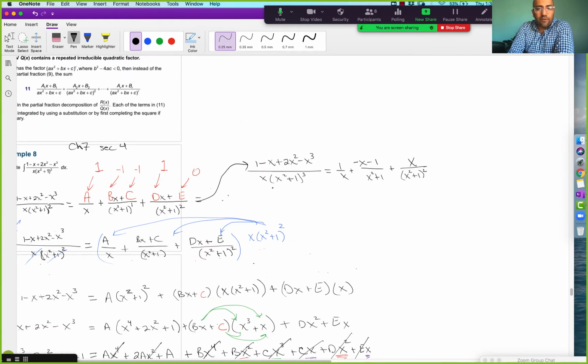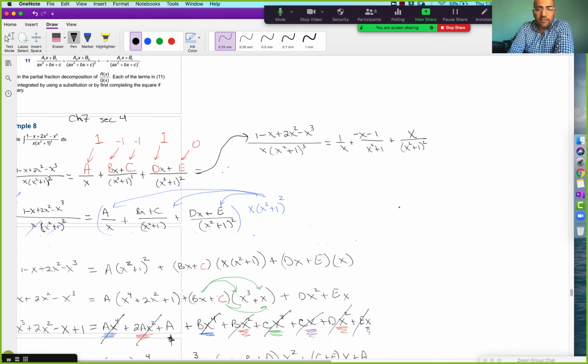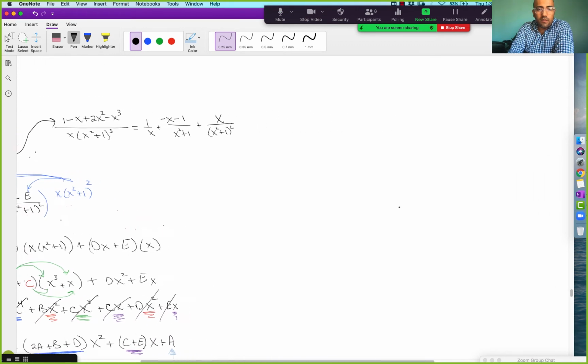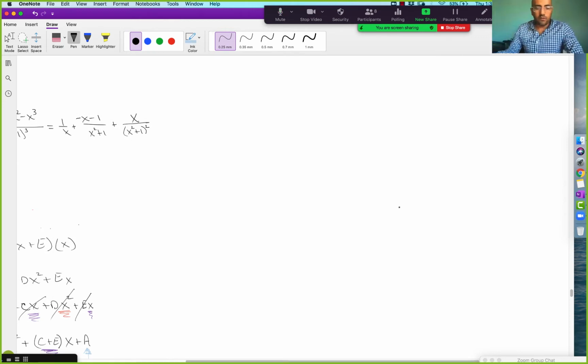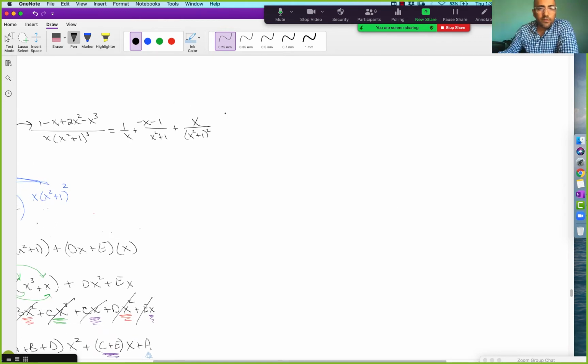So we figured out a way to separate this really ugly fraction into 3 smaller, less scary fractions. Good. Okay, so now I'm actually ready to integrate this problem. And so now that was all scratch work. Now I'm ready to do my actual integral. We have the integral of 1 minus x plus 2x squared minus x cubed all over x squared plus 1